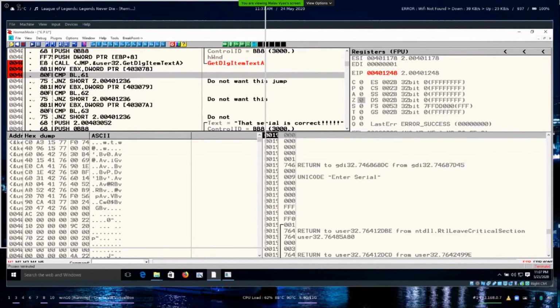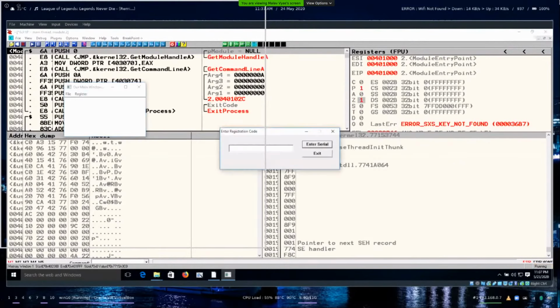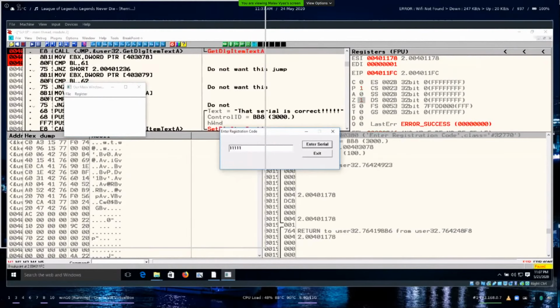Let's see. Register, Enter serial. So if our hypothesis is right, EBX should have the value of this.